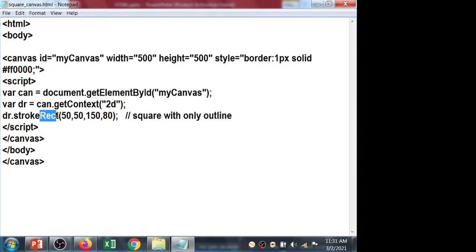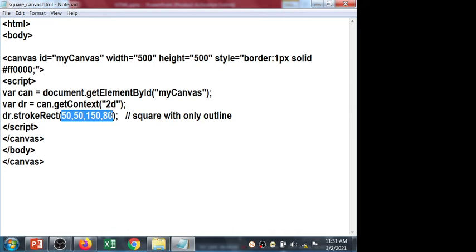Rect method is for rectangle shape. Now you have to assign the coordinates. You want to draw the rectangle from which position to what position, right? Or what are the coordinates? Because for the rectangle there are 4 coordinates.